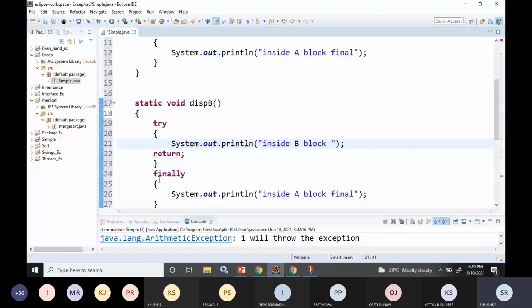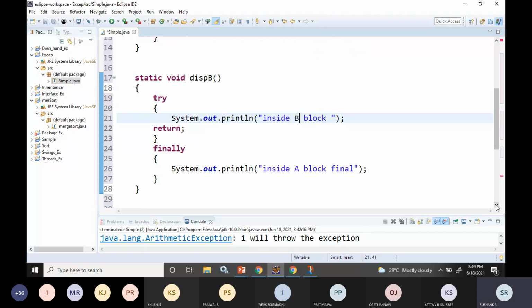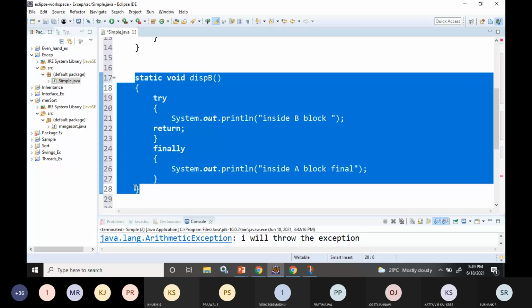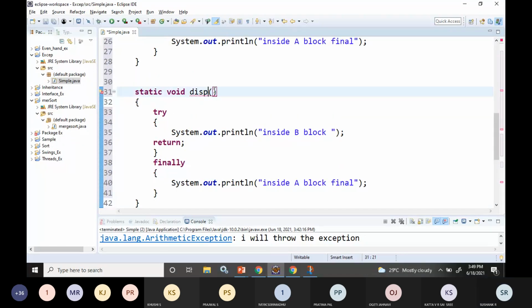Again, I will create one more function. I will call that function by the name display C. Here, inside C block, and I am not using the return statement.